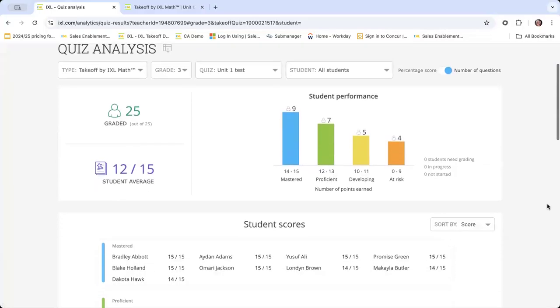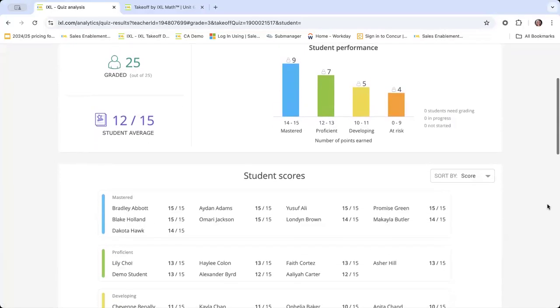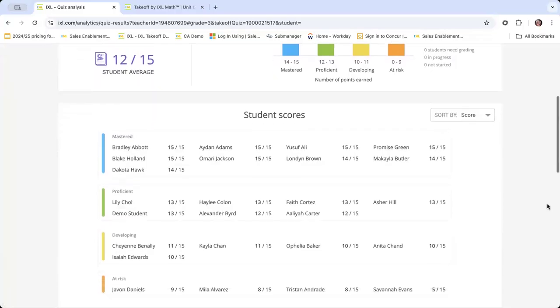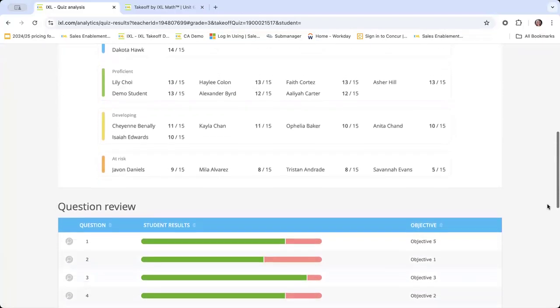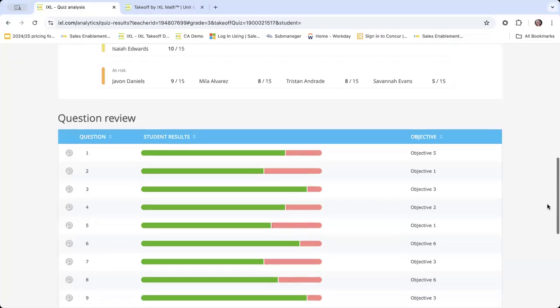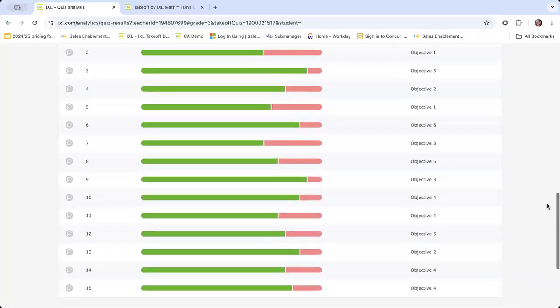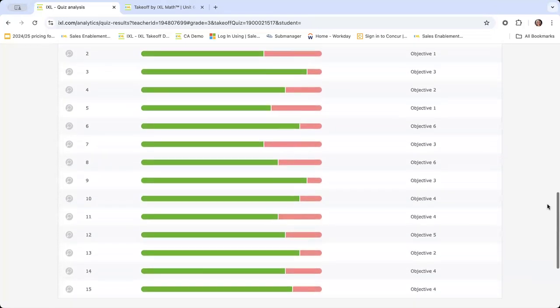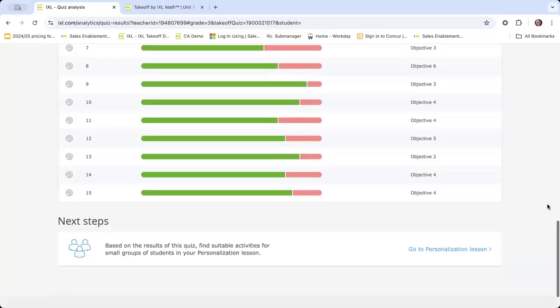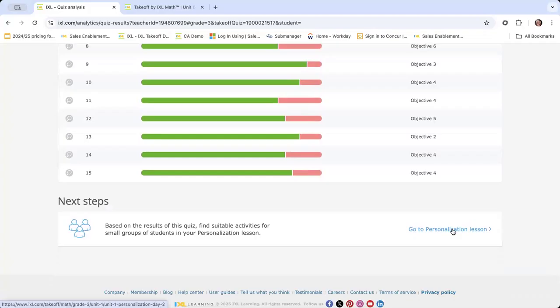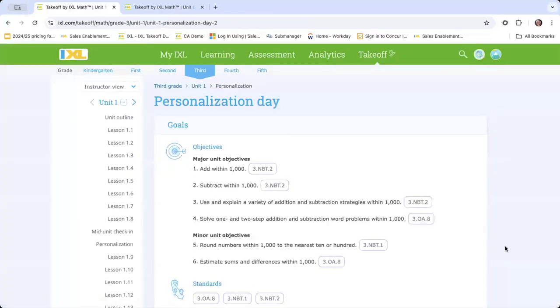And then this quiz analysis report provides information and insight about students' performance. I always like to say this is where the magic happens, as this information will fuel the personalization day. It gives me a real quick glance at what students need in order to be successful in this particular objectives